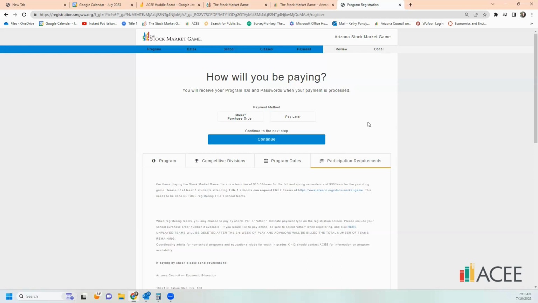If you have been approved for a fee waiver, you would simply select pay later. If you are going to pay with this via electronic Visa, electronic method, choose pay later. You will be invoiced during the 4th week of the game. So you do not need to pay now. And I actually recommend you don't, because we want to make sure that you're only being charged for the number